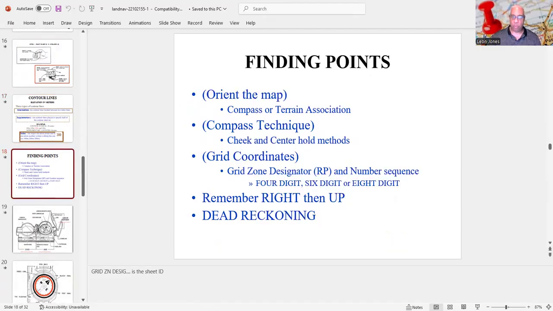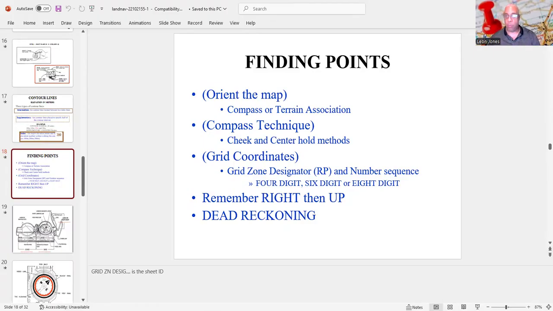Finding points. All you have to do is orient the map. Now, if I'm traveling on a road and have a paper map, generally you can always find this out on a map. There's a true north arrow, but you have to know where north is. So actually, you look at your north arrow, it's actually a relative north. True north is actually pointing up to the North Star. That's true north. We generally travel in relative north. So what you need to do in order to find which way you're going,